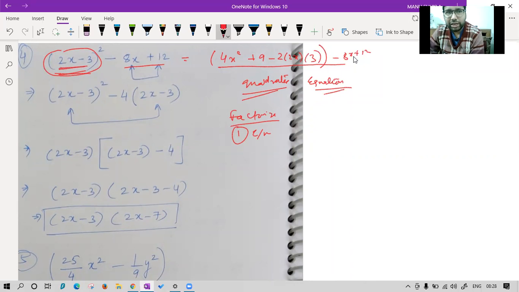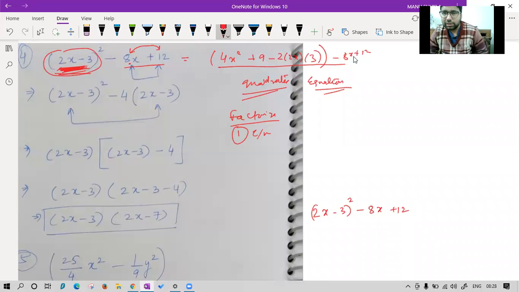You have seen we have 2x minus 3 over here. Class, we all have seen 2x minus 3 is here. If you observe a little bit in this, you can see they have something in common. So try to take common, maybe some ways will open for you. The question is, one second, 2x minus 3 whole square minus 8x plus 12.